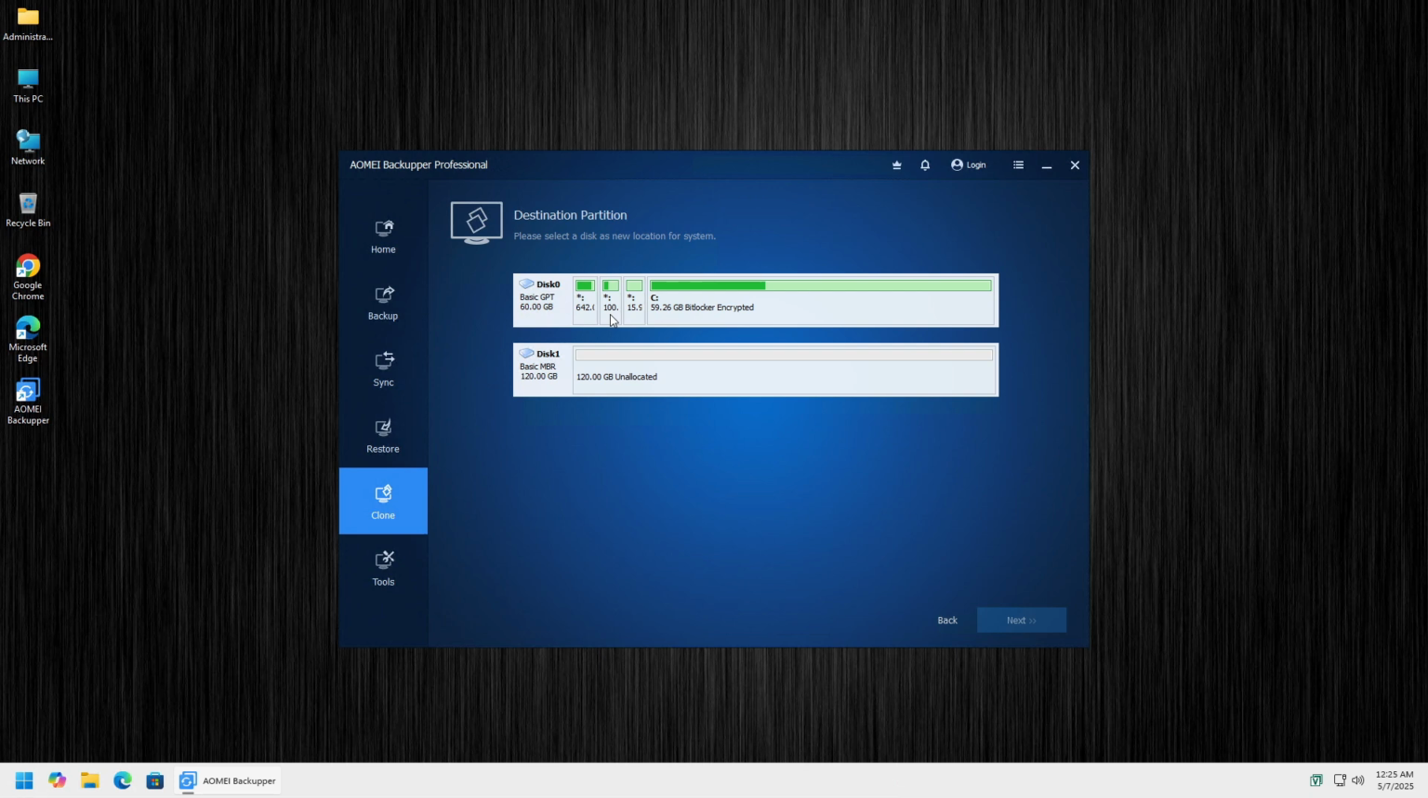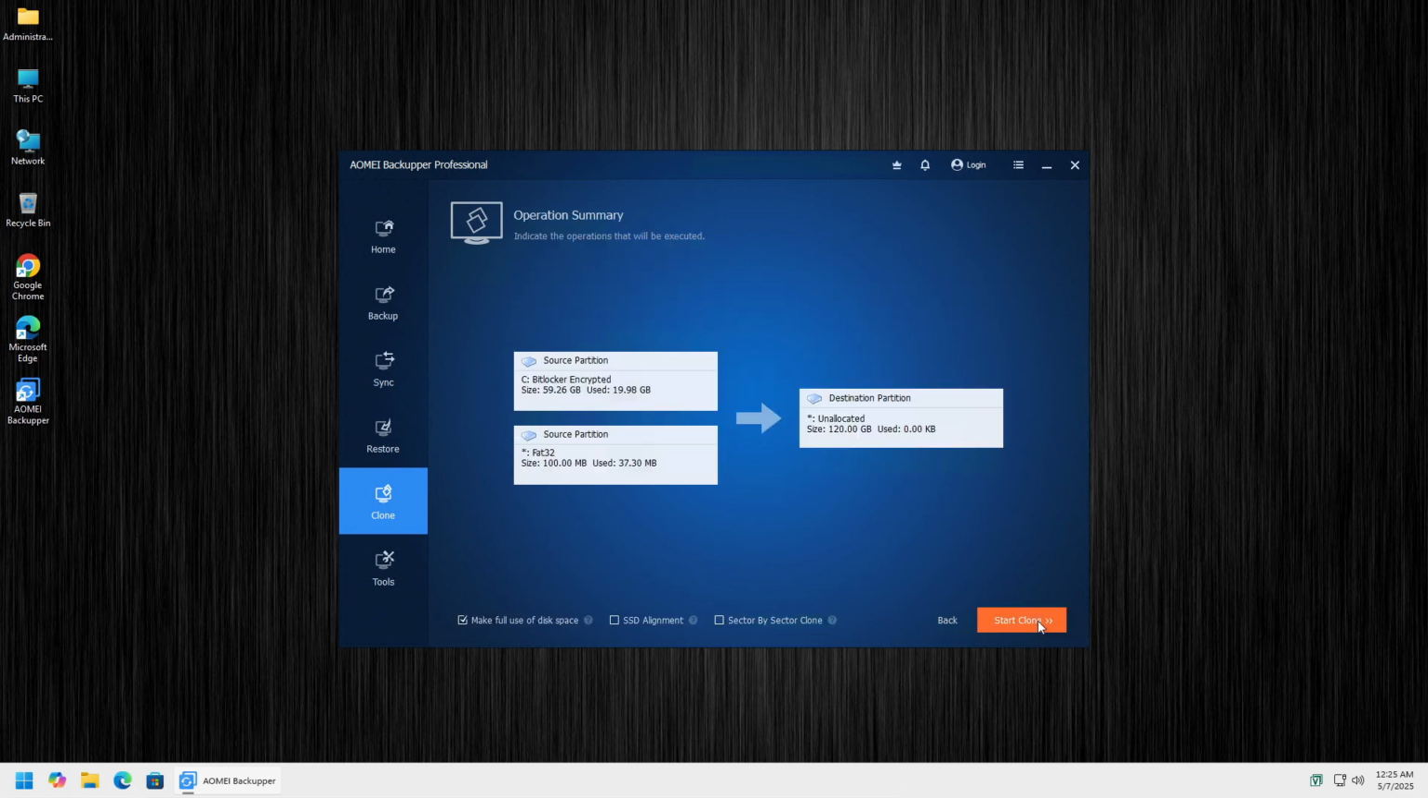up as Disk 1. Important note: the destination disk must not contain any partitions. If it does, you'll need to delete them before proceeding. Go ahead and select the destination disk as the target for the clone. Click Next to continue. You'll now be presented with an operation summary, which details exactly what changes the software will